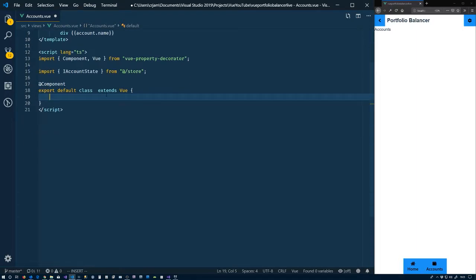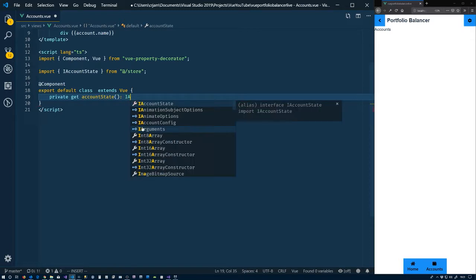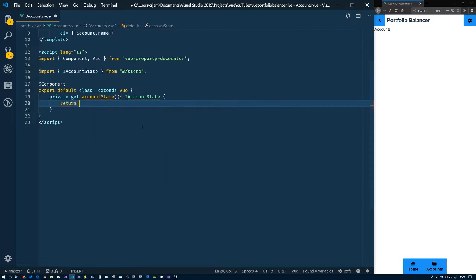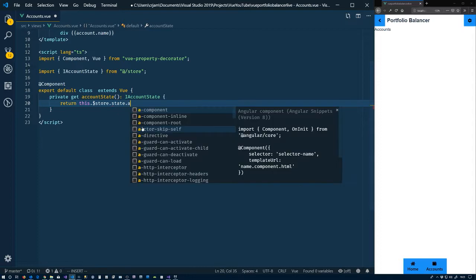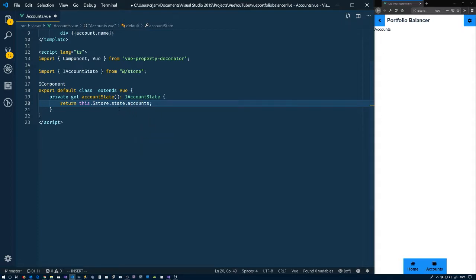Now, as I mentioned previously, since we've imported or defined the store at the root of our application, we have access to it in all of our components. And to get access here, we're going to use a computed property, accountState. So type accountState, and we're going to return this.$store.state.accounts. So for right now, this $store is available to us. It has a property on the state. Maybe you'll be able to see it has a type of any on it right now. We'll deal with a better way of accessing things like the states and the getters on the state, and we'll start in the next video. But for now, if we just save that,